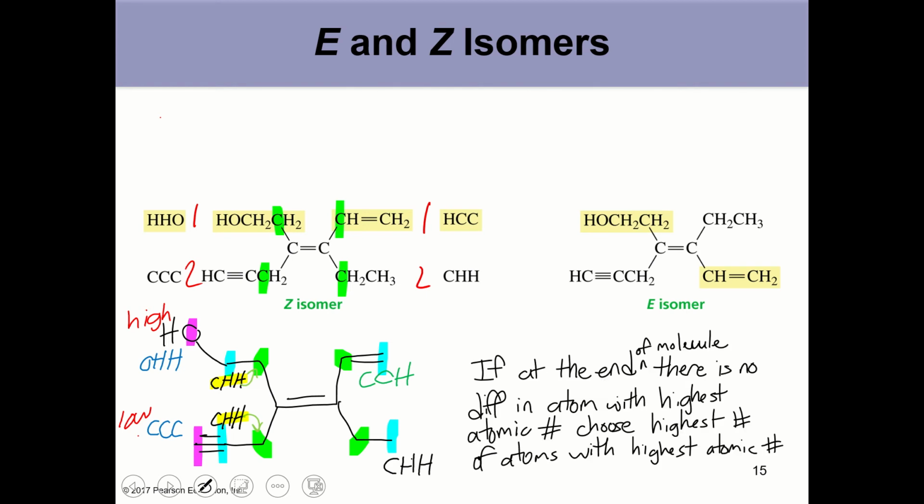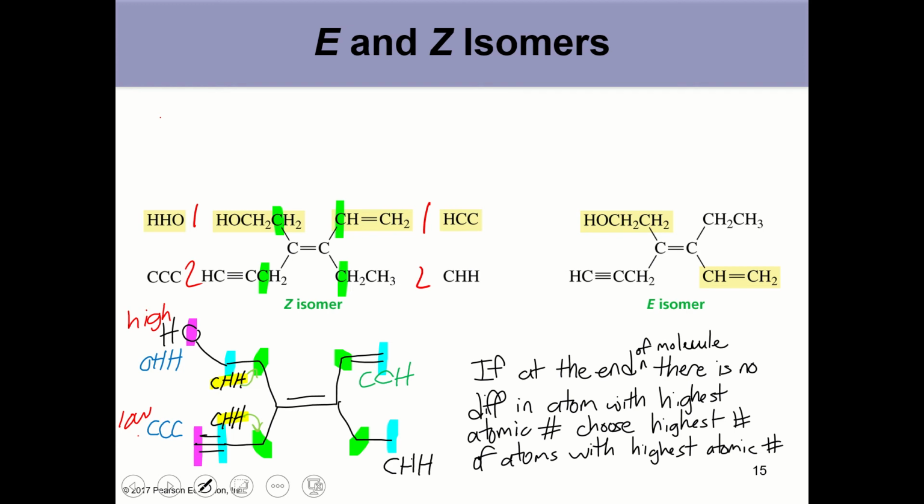If at the end of the chain or at the end of the molecule, for the groups you are comparing, there is no difference in the atom with the highest atomic number, the group that is the highest priority will be chosen by the highest number of atoms with the highest atomic number. So only after we can say, okay, 6 is equal to 6 for the atomic number of carbon, can we say,